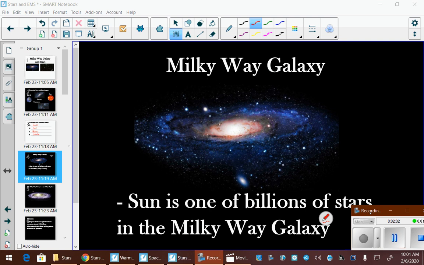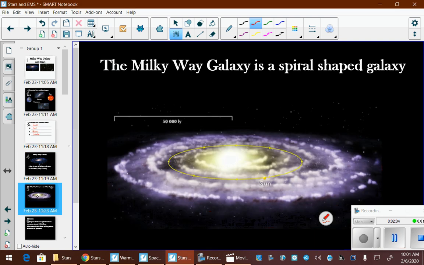So if you take a look at this depiction of the Milky Way galaxy, if you were to look at how large it actually is, or what it actually looks like, it is what is called a spiral-shaped galaxy. So it looks kind of like a big circle or spiral. And the sun is actually moving in there. If you see those little arrows on this diagram, the sun does actually move around, like spin, our galaxy spins,